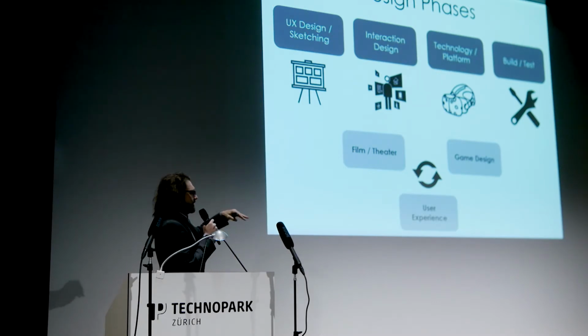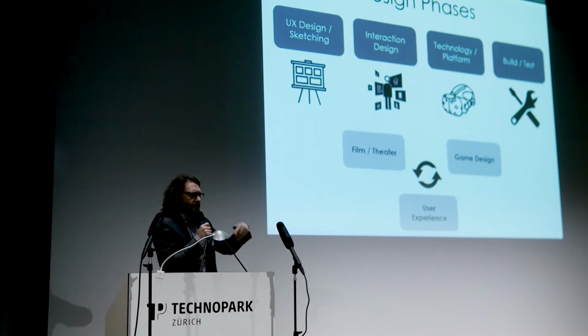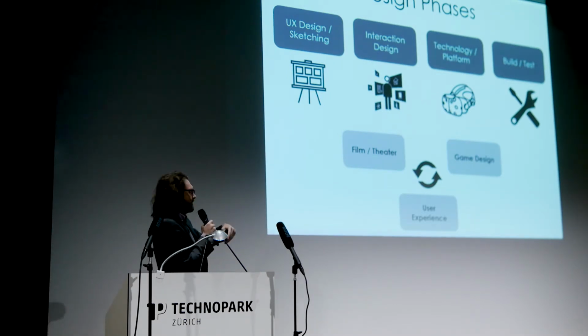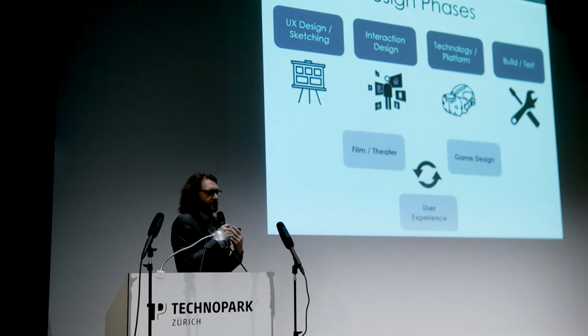And then we go through our build and test phase, prototype, circle back when we learn something from user testing that might affect the journey maps that we made in the beginning. And after going through these iterations, we have a nice process for how to design for these, let's say, unpredictable experiences that we want to provide to the users.